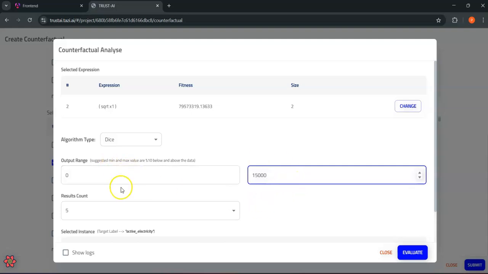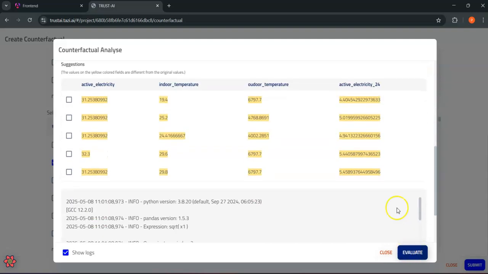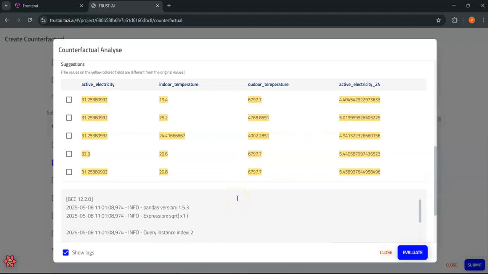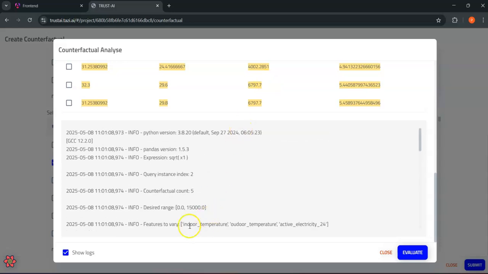Another range can also be set, but I have set 0 to 15,000 because the predictions are being generated in this range over here. So once we click evaluate, it will be generating the counterfactual suggestions, and we can see the logs over here.